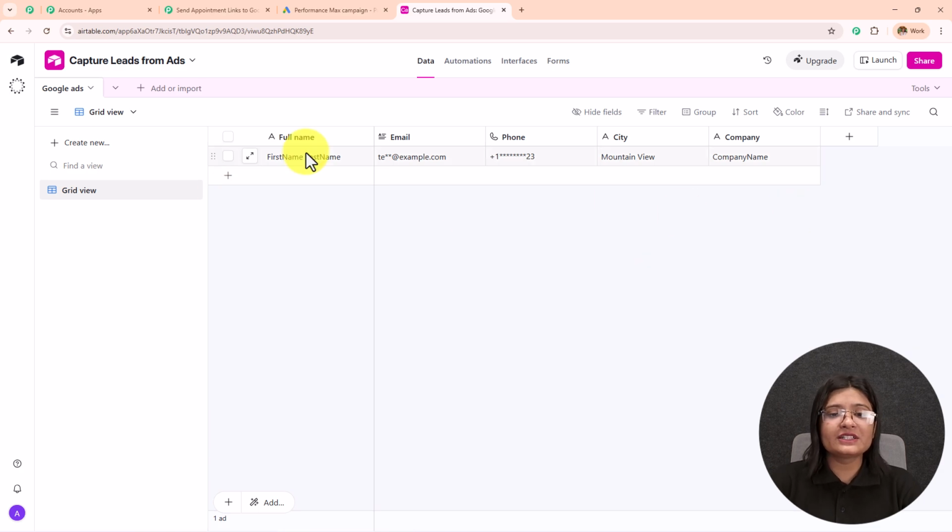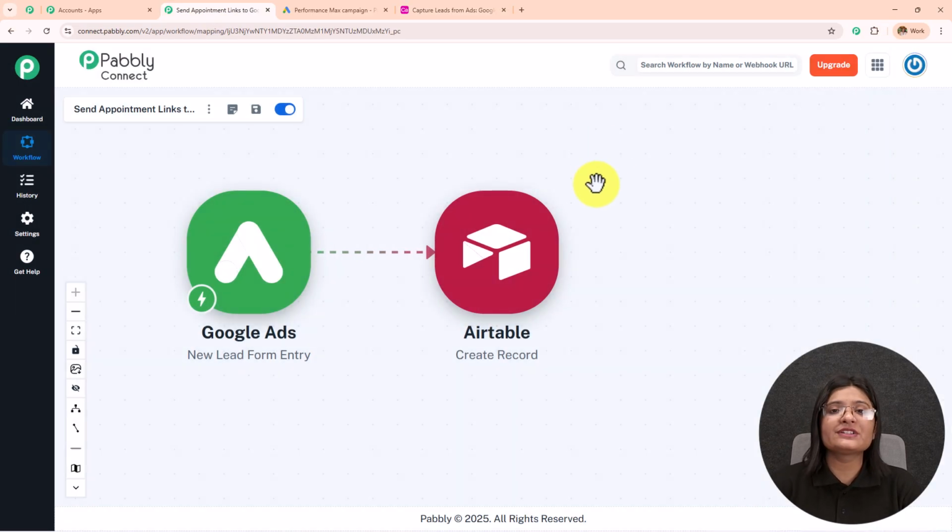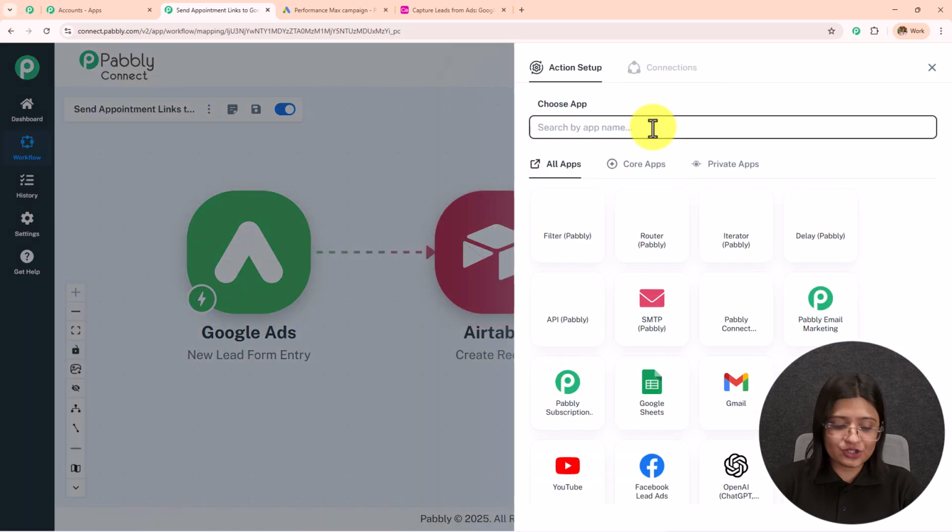The full name is first name, last name, email is test@example.com, phone number is this, city is Mountain View, and the company name is company name. So here, as I have added the lead details to my Airtable database, I want to send the appointment link using mail. So I'm going to click on this add new action step, and in my action application, I'll search